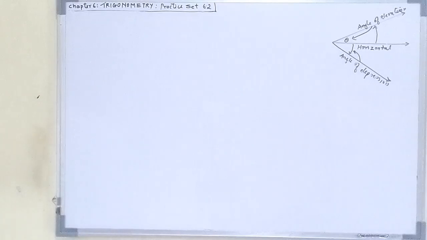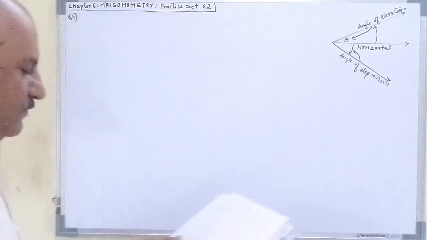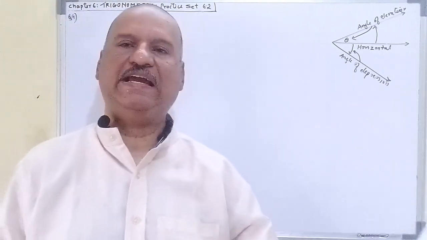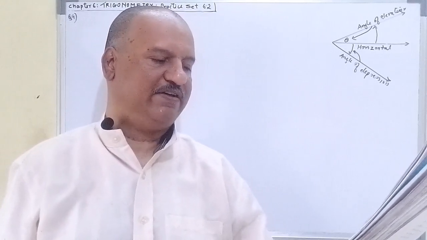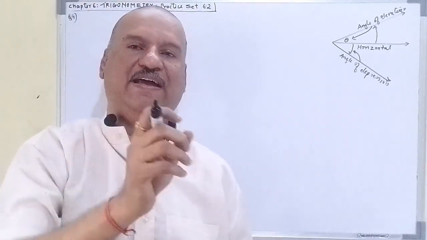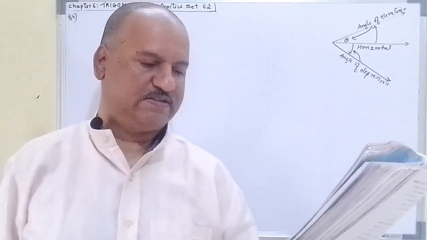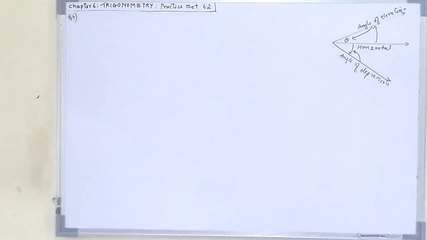चलो क्वेश्चन नंबर 4। टू पोल्स, इसे दो बिल्डिंगें थी, यहां भी 2 पोल्स हैं। एक लंबा पोल है 18 मीटर का, एक छोटा पोल है 7 मीटर का, आर इरेक्टेड ऑन द ग्राउंड। द लेंथ ऑफ द वायर फास्टनिंग द टॉप ऑफ द पोल्स, उसको हमने स्ट्रिंग से टाइट बांधा है। सो वो जो लेंथ ऑफ द स्ट्रिंग है वो 22 मीटर है। फाइंड द एंगल मेड बाय द वायर विद हॉरिजॉन्टल, ये एंगल ऑफ हॉरिजॉन्टल हमें निकालना है।